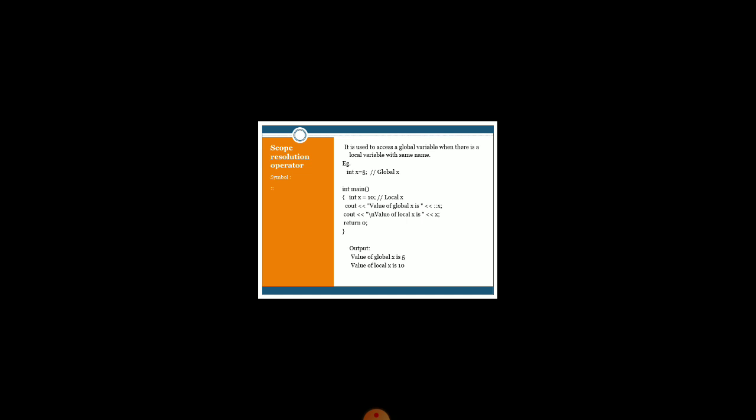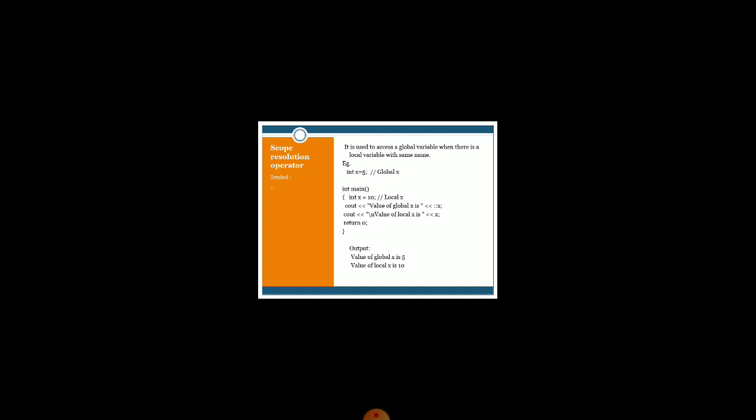Obviously it will access the value which is nearer to that variable or nearer to that particular block. So the value of x is nothing but what? It will always print the local value of x as 5. So if I want to display the global value of x, at that time you have to use the scope resolution symbol and x.